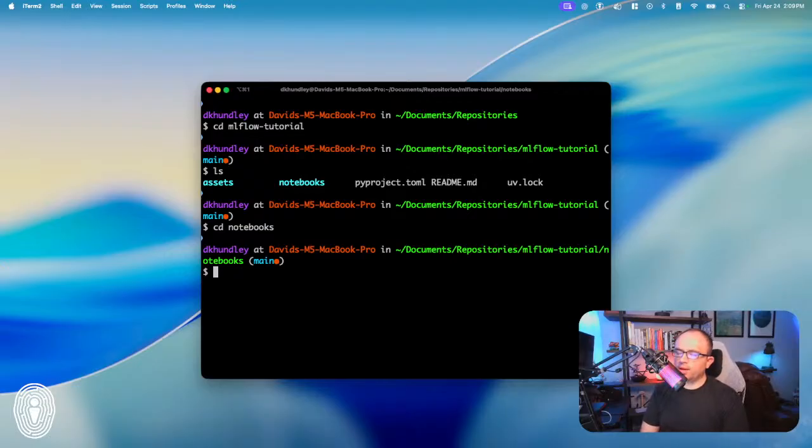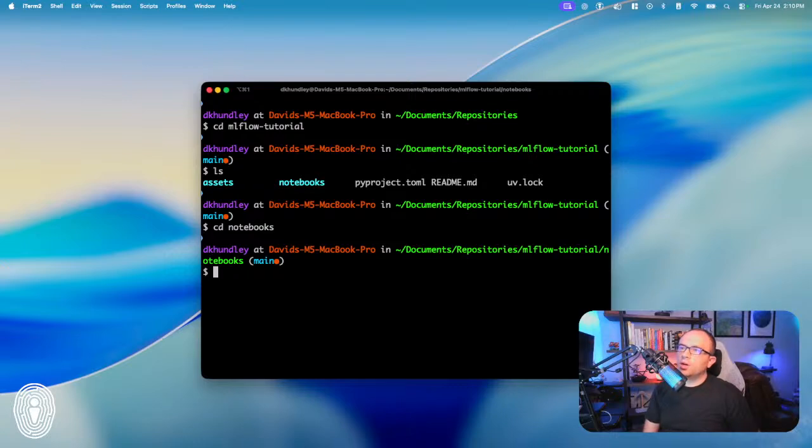I can't say quite yet for the generative AI stuff, because what I typically do with my other projects is demonstrate what I can as part of a Jupyter Notebook, but then move it into the source or SRC directory with hardened files. And I don't know that that's particularly necessary for working with MLflow, as you'll see here in a little bit.